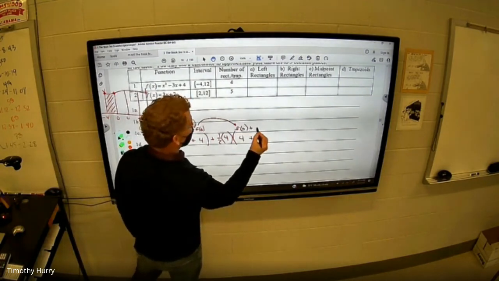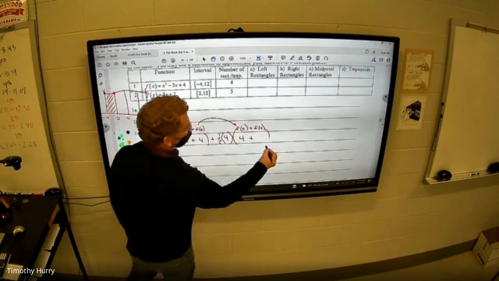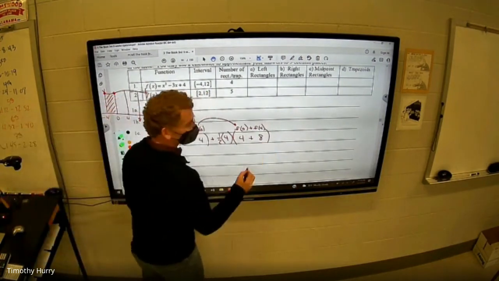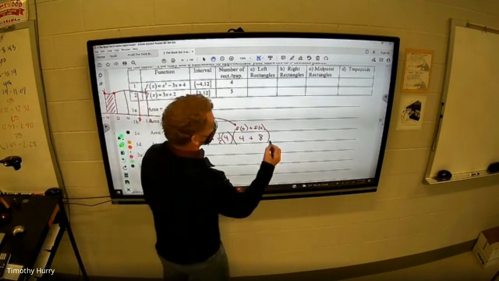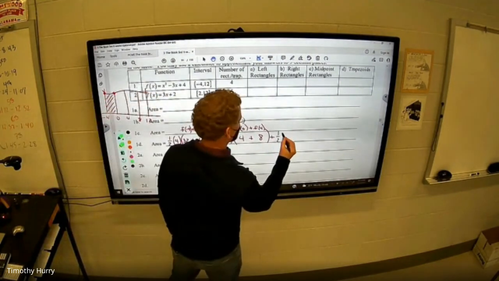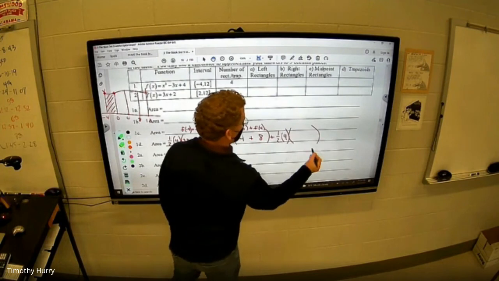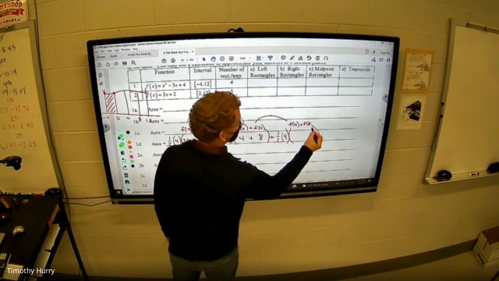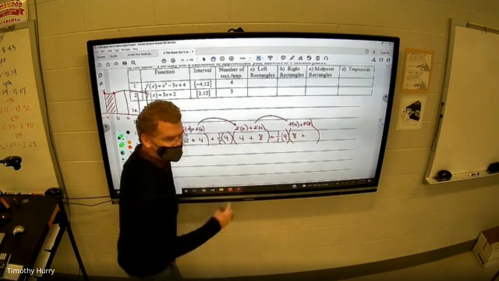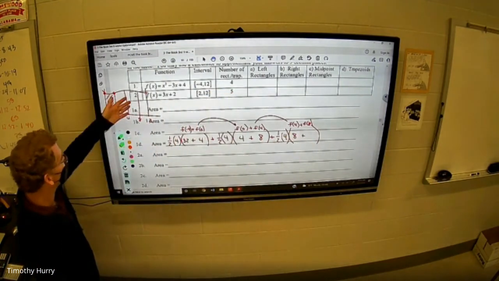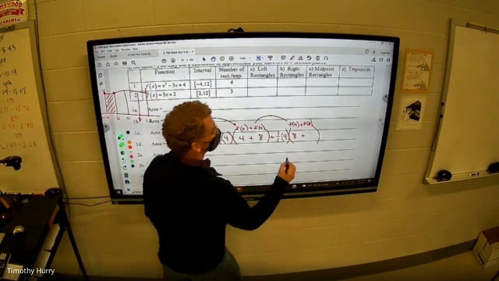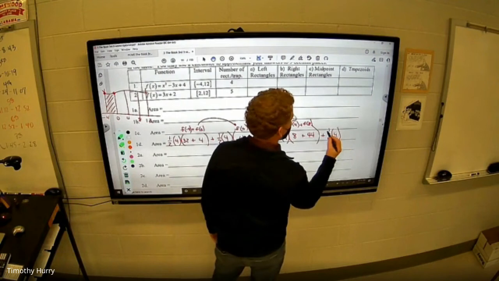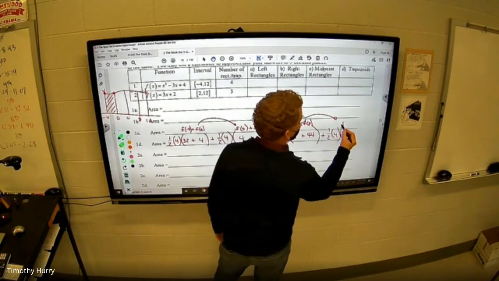And now I'm going to find F of 4. And what was F of 4, remind me? 8. I'll put my 8 in there. And then for the next trapezoid, I'm going to reuse F of 4 and pair it up with F of 8. So I can reuse that 8 that I found from F of 4. And what was F of 8? 44. And then for my last one, 1/2 times base, I'm going to reuse my F of 8 and pair